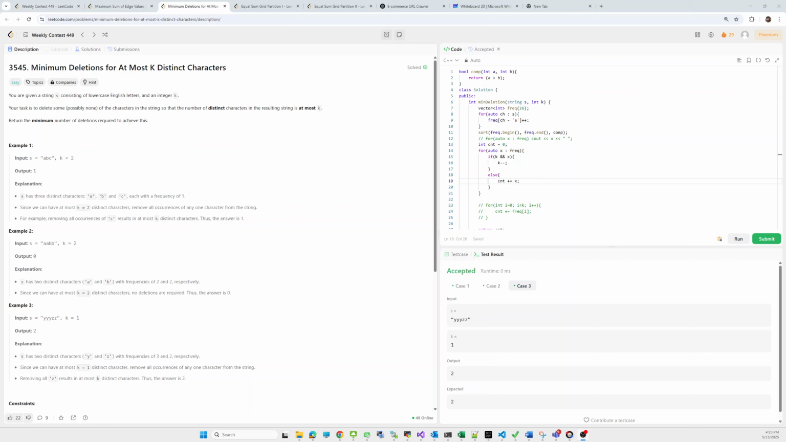Okay, let's look into the LeetCode problem statement of weekly contest 449. So the problem statement is that we are given a string s and we have to remove the minimum characters from the string in order to make that string have only k distinct characters in it. What is the meaning of that? Suppose we have a string like A, B, and